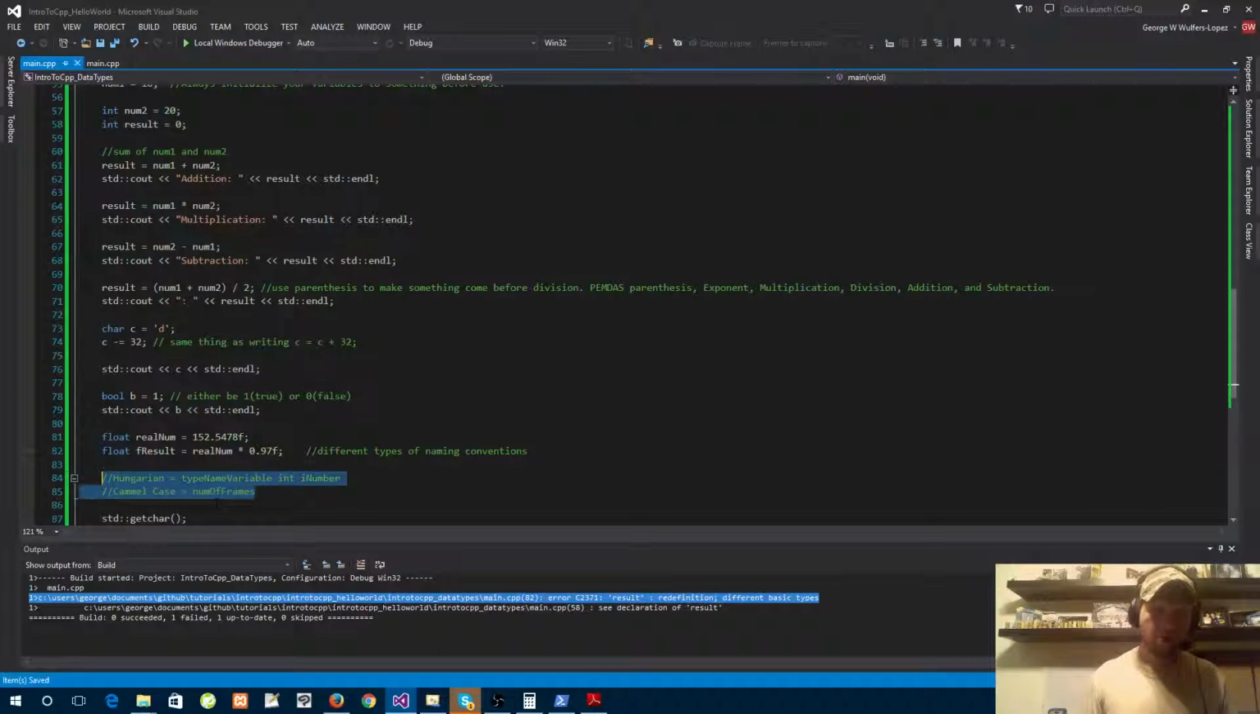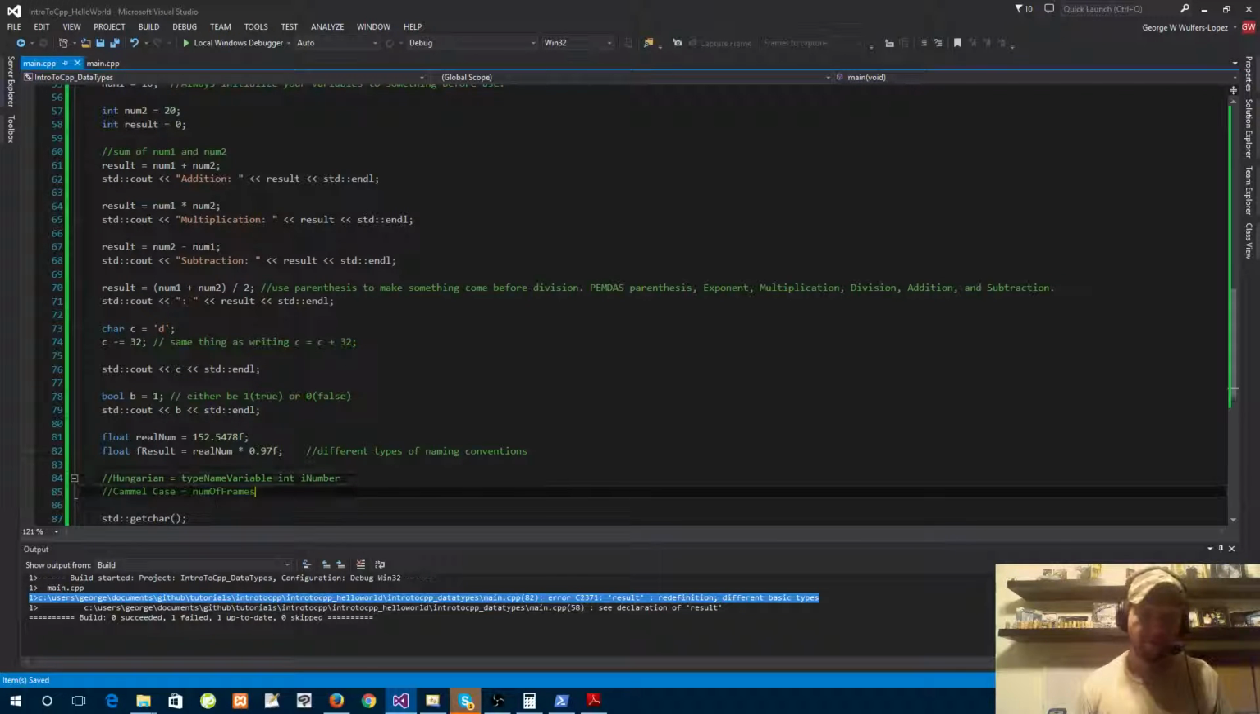So these are the two main ones that people use the most. You can use whatever you guys want. I used to do a lot of Hungarian when I was starting out because it was simpler. It would let you know what kind of data type your thing was. But as I progressed, I kind of like Camel Case better, to be honest. Okay,